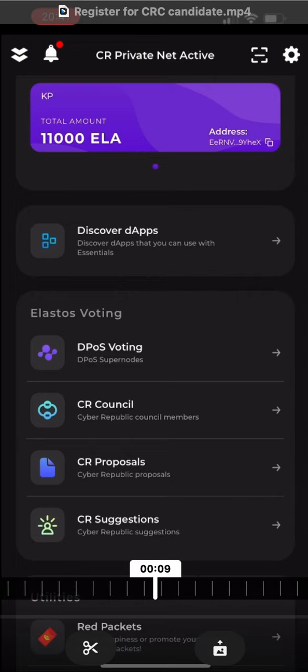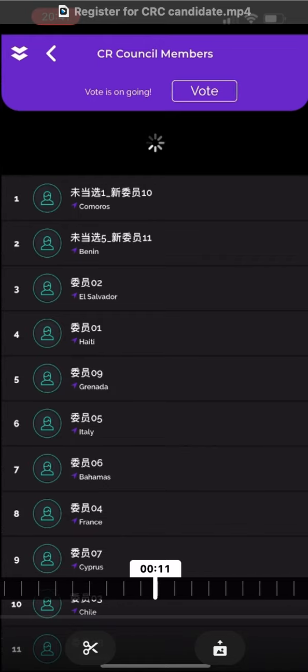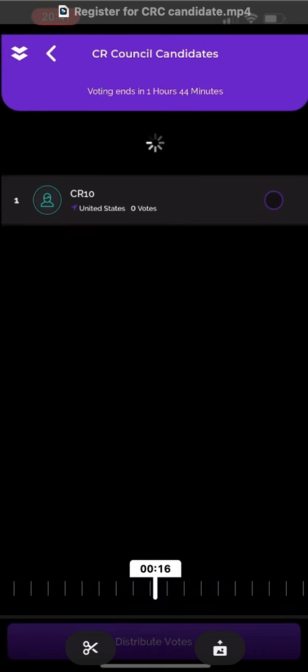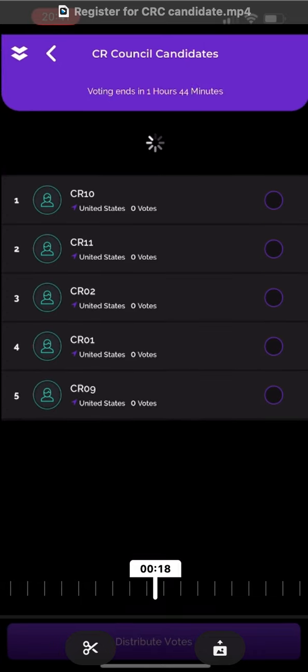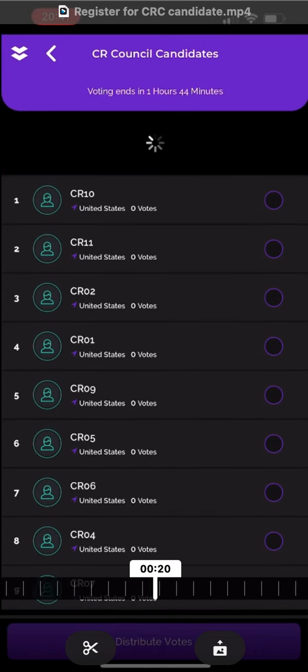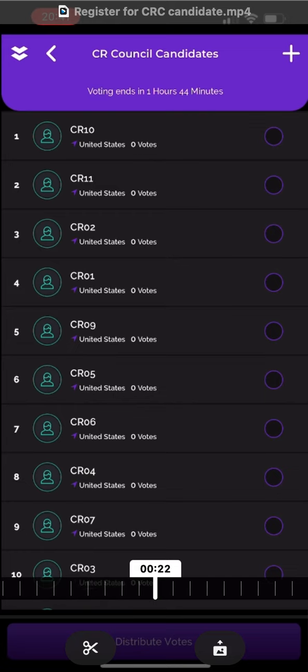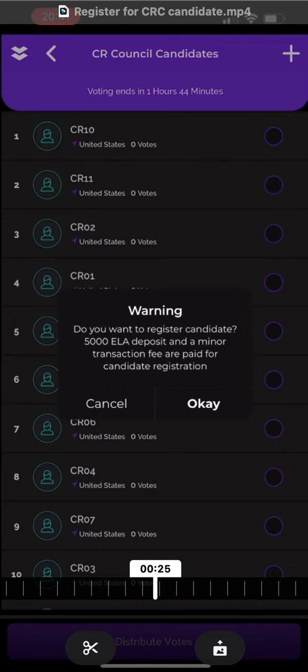So here you click on CR Council, and then up above you click on Vote. There you see over there. And here you will see all the currently registered Cyber Republic candidates. Currently it looks like there are 10 here. At the top there's a plus button. You want to click that to register yourself. It'll ask you,